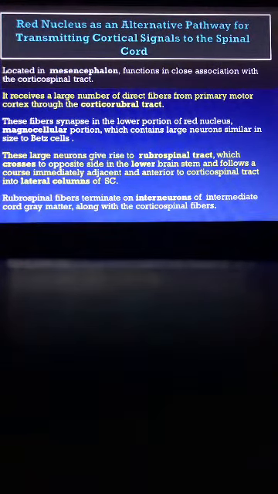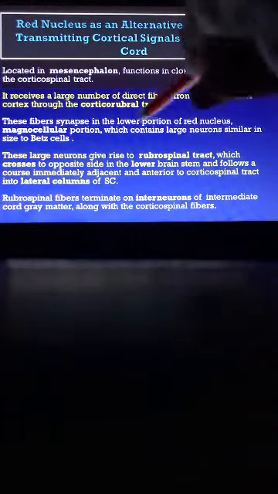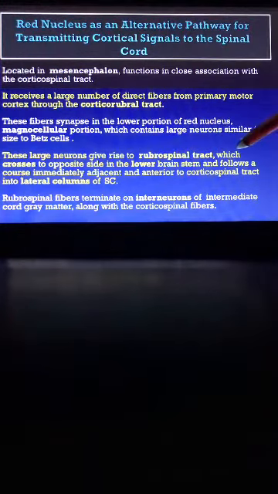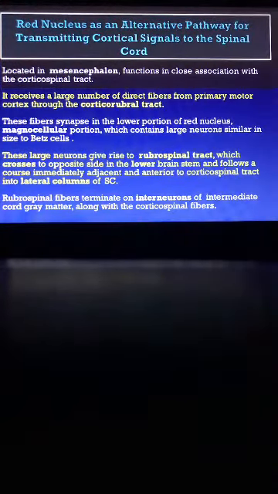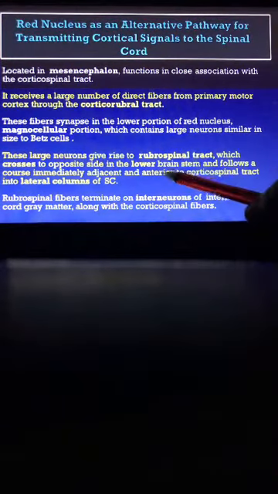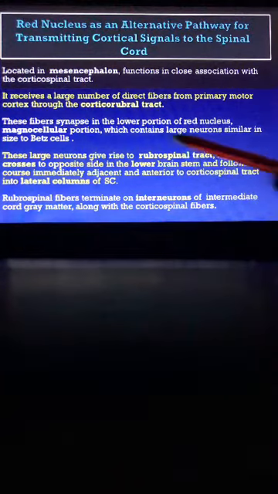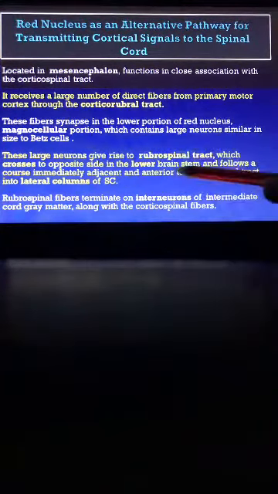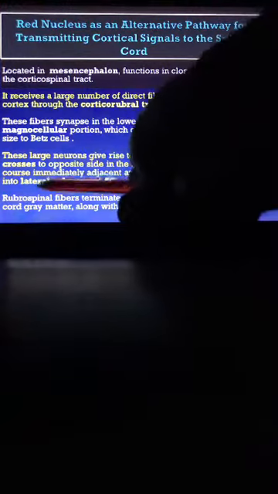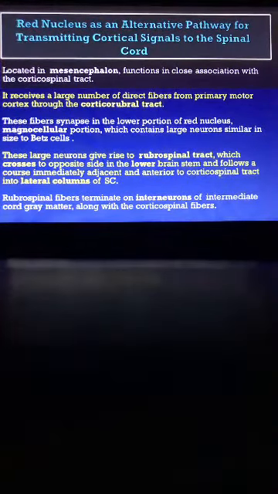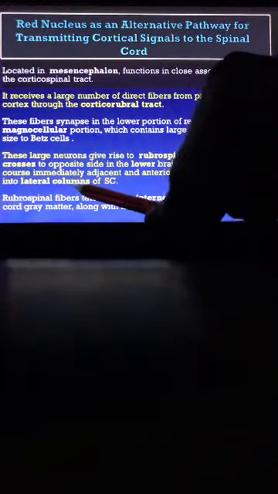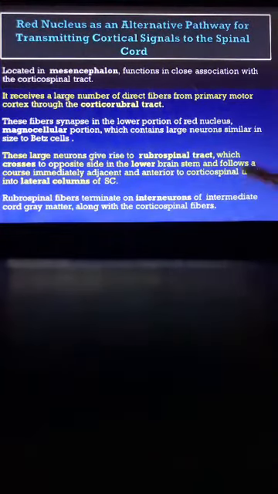These large neurons give rise to the rubrospinal tract، هالمرة تبدأ من الريد نيوكليوس باتجاه السبينال كورد، crosses أيضا to the opposite side مثل ما corticospinal tract قلنا بيها crossing، هنا أيضا crosses in the lower brainstem and follows a course immediately adjacent، مجاورة للcorticospinal tract وأيضا بالlateral column of the spinal cord. Rubrospinal fibers terminate on interneurons كذلك مثل ما قلنا،